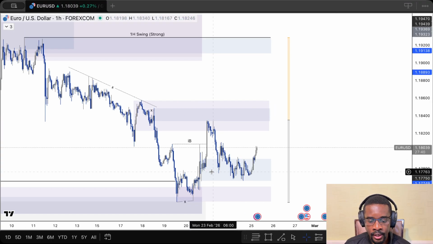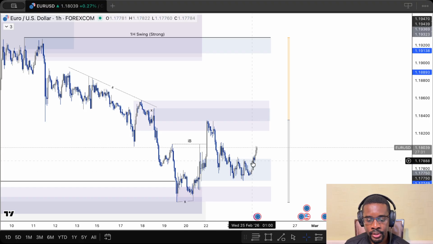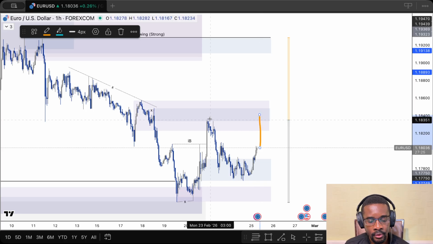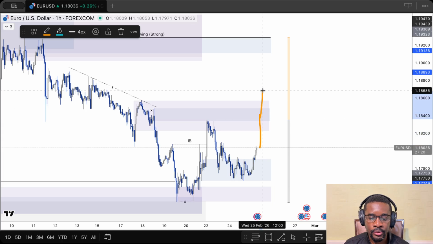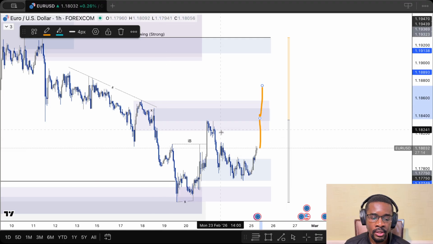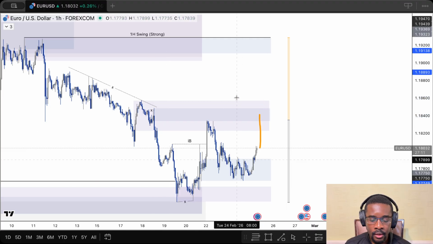So we have mitigated this demand and we are respecting currently. We've had this pullback, and now we are pushing out from this demand and we could be targeting this supply. And we do have this trend line liquidity, so it's likely that we could come up to take out all of that liquidity up there. So that's really it for the 1 hour. So let's look at the GBPUSD